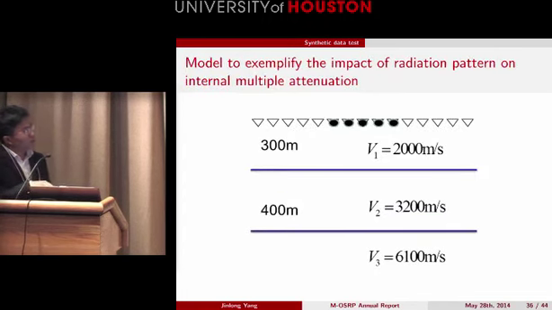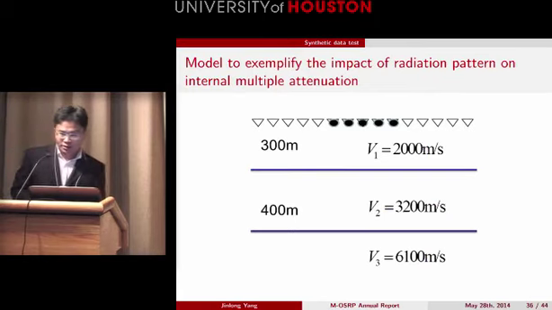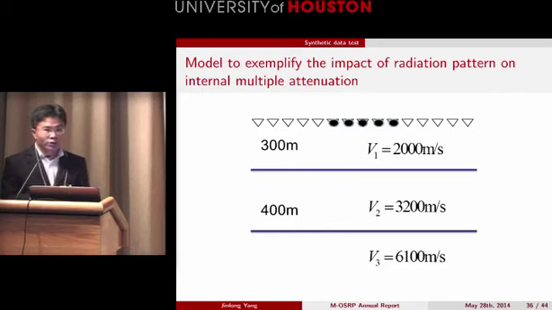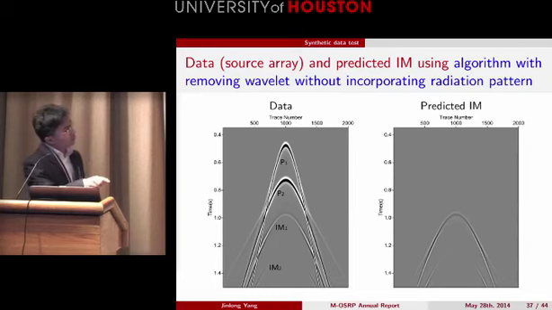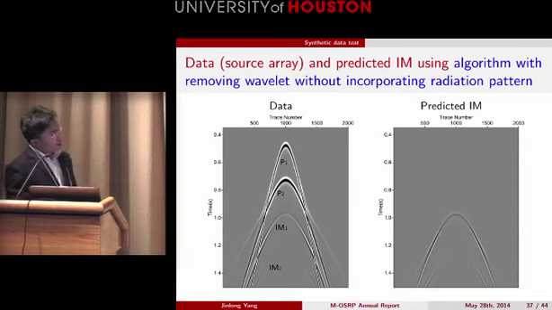We use the same model, but I use the source array data. This source array data have 5-point sources. The range is 20 meters. It's not very big, so that's why the impact is not significant. But you will still see the difference. The left side is input data generated by the finite difference method, the primary internal multiple. The right-hand side is a